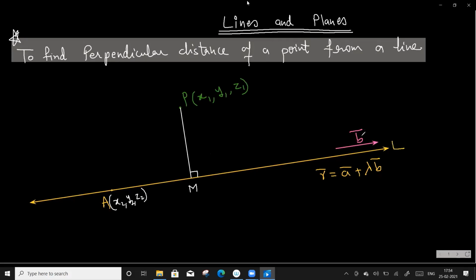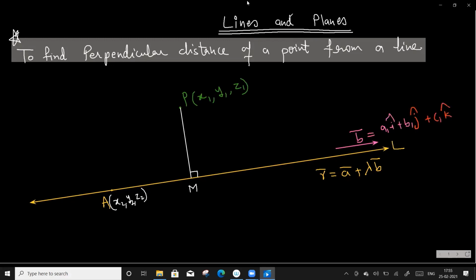Since I know the vector b bar would be, say, a1 i cap plus b1 j cap plus c1 k cap, and this I get from the equation of the line. So since I know the vector b bar, that is, I know the DRs of the line,